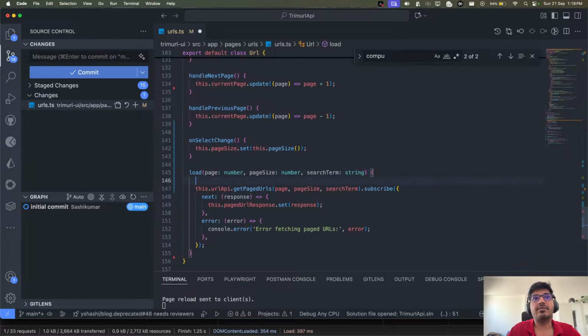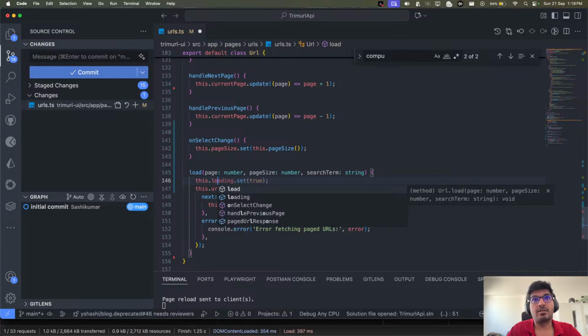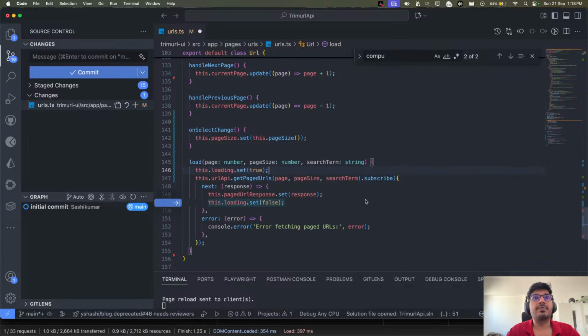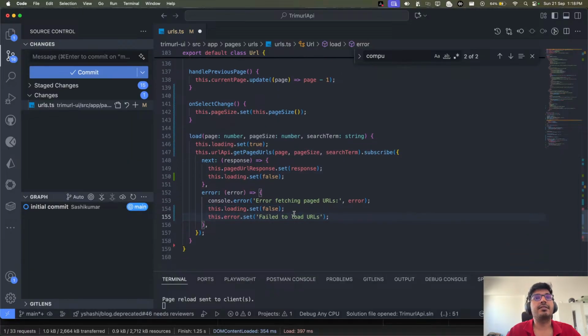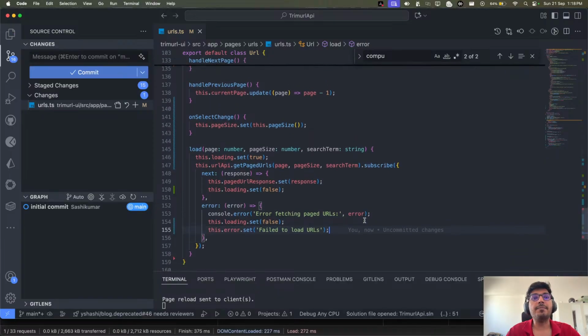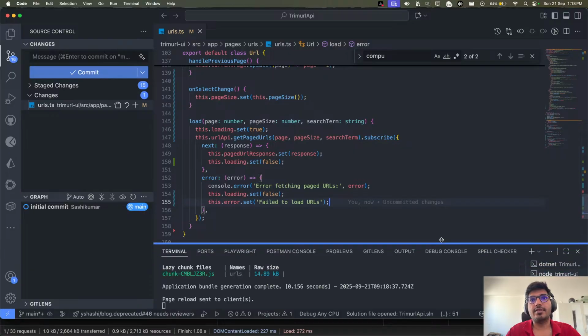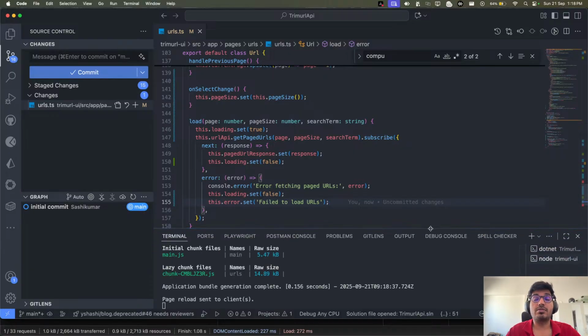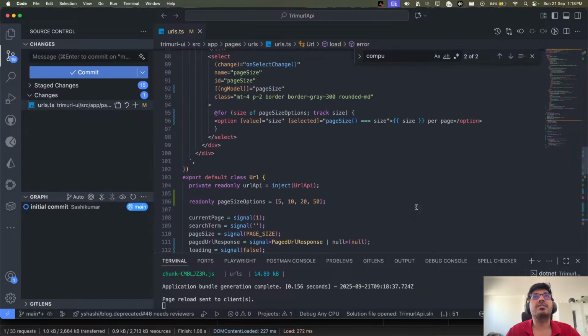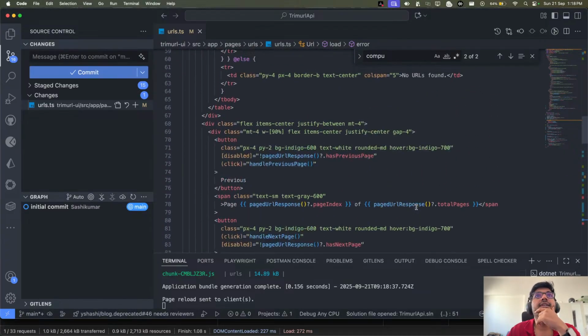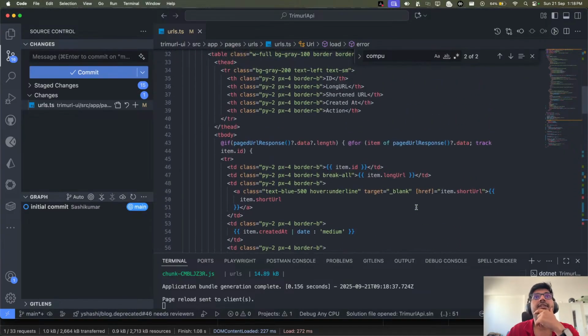So whenever we are trying to load the number, we can say this dot loading set true, and if you got a response, you can just set it to false, and if there is an error, then that time also you need to set it false, and you can add an error that this has failed to load the URL. Okay, and based on that, you need to handle those in your template as well, which we haven't done yet, I guess. Yes, we haven't done it yet.